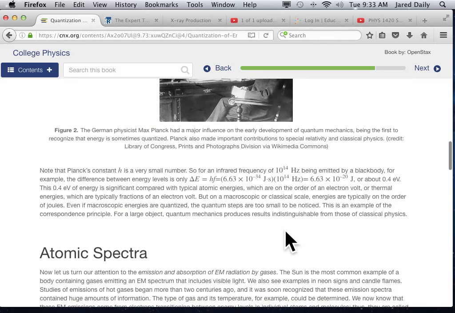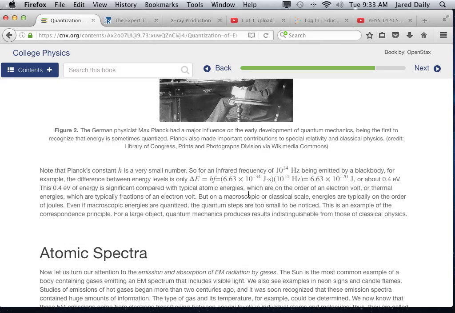number. So here's an example of an infrared frequency at 10 to the 14th hertz. Infrared, 10 to the 14 is a huge number, right? 10 to the 14 is not nearly so big as 10 to the minus 34 is small. So if you want to measure the energy quanta, the quantum jump in energy